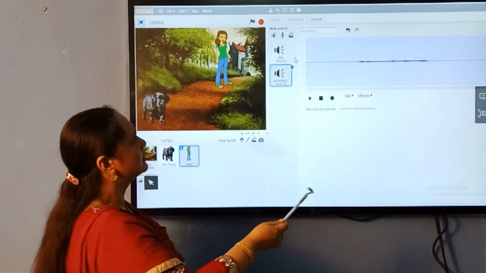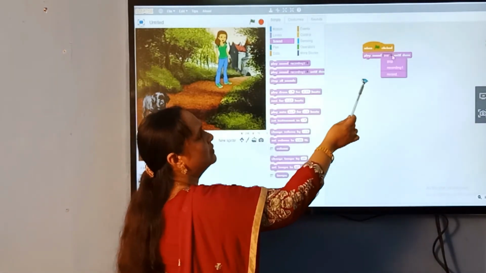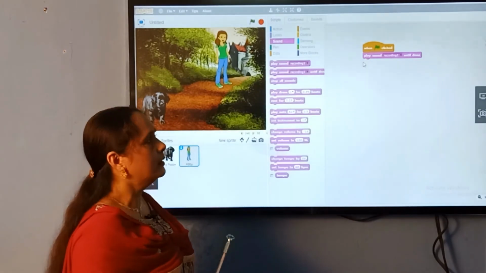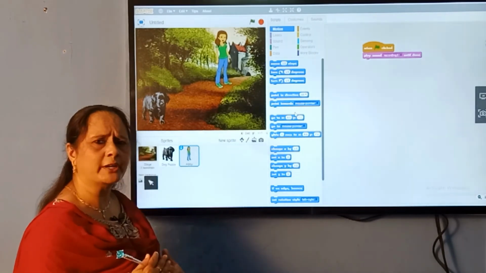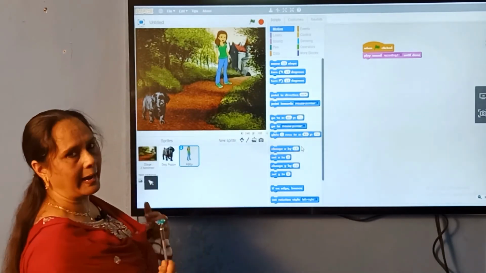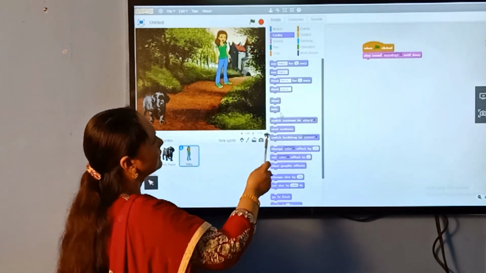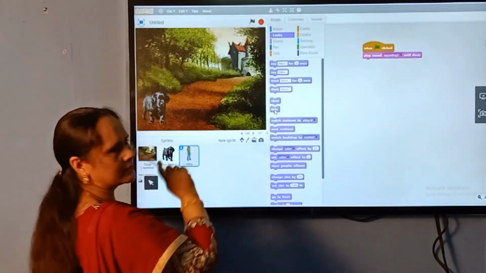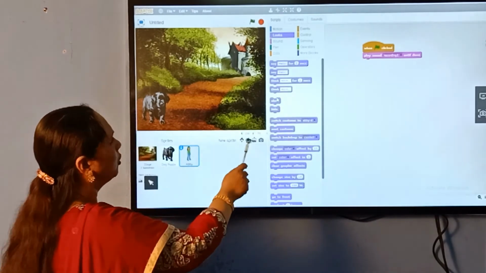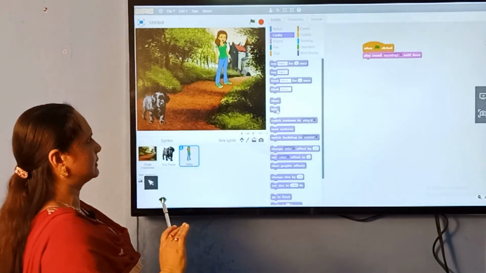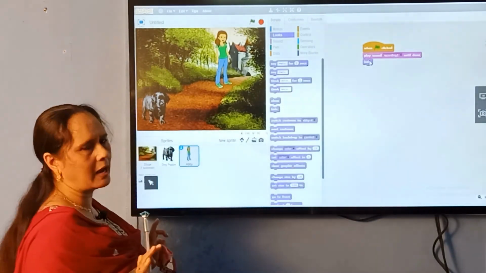Just come back to the script area where you have already recorded, isn't it? Now again you go to that, and here you select the recording one. Already you have recorded the sound, isn't it? Recording one you select and keep. Then afterwards, after the girl screams, as I told you, she runs away. So she wants to hide herself. So here, see, you have two options, hide and show. Just click, see, she is getting hidden, isn't it? If you give the show, she will come back. All this is for you to understand, that's it. Then give the hide, she will hide herself. This is our animation, clear?